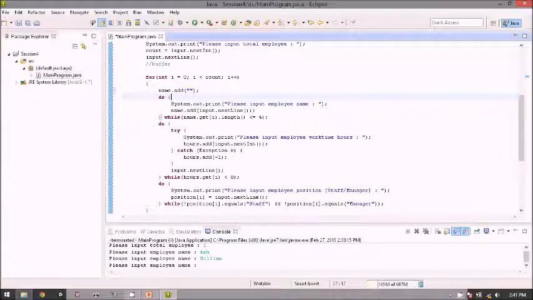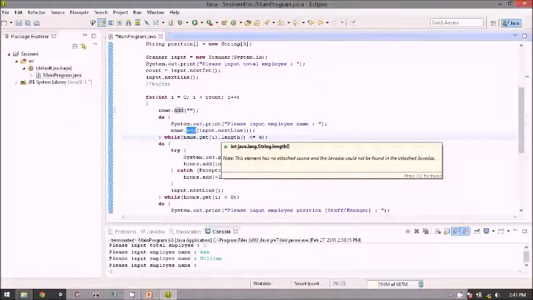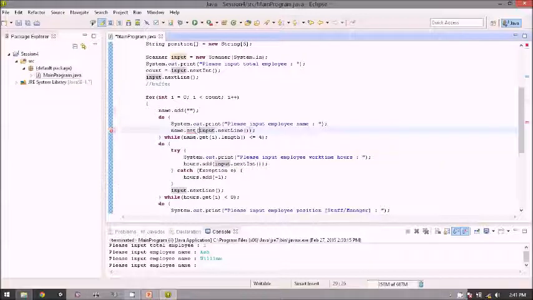So this will be the default value, and then inside this employee name input, we just need to set the name with the index we want. So this will be the I index. So we change this a little. We use this set function, and then we tell the program to set the vector name at index I with the input.nextLine value.